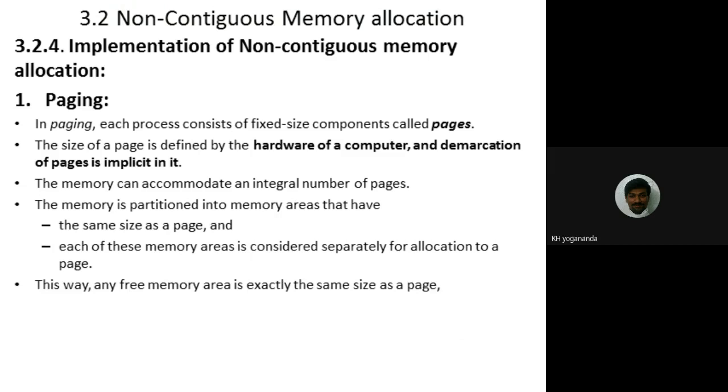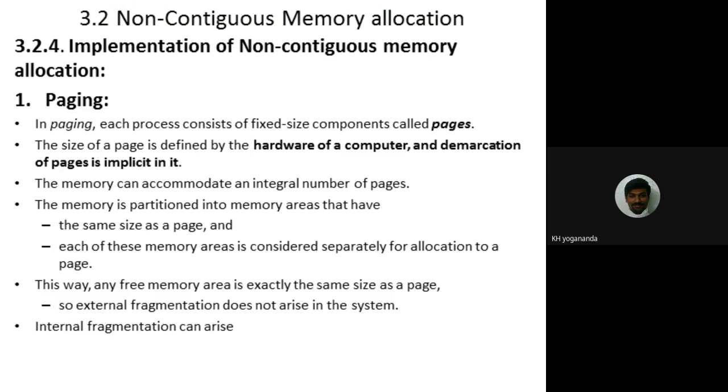By this way we can get any memory area, as well as a free memory area, all of the same size. Yesterday we took an example where the memory areas were of different sizes. Now we are getting the allocated memory area for a process as well as a free memory area, which has exactly the same size as a page. By this, what will we achieve? We can achieve that external fragmentation is not there. By using the same size of pages in the memory area, we can avoid external fragmentation.